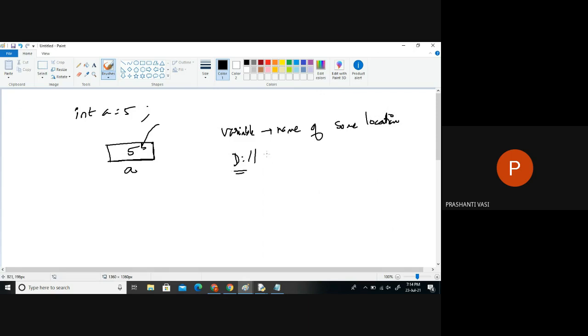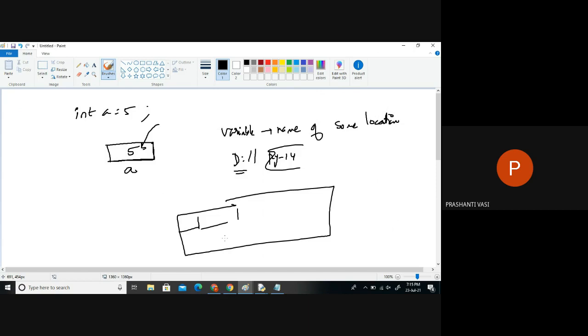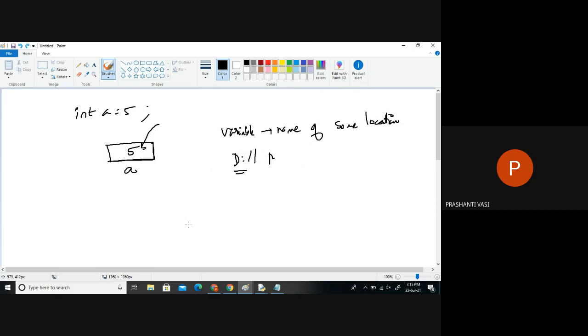In that, if I again say pi 14, we have gone to a restricted area in that D drive. The D drive memory is partitioned into different parts, and now this path is pointing to maybe this particular region. So everything is a name in computers. Whatever we do, we just have a reference to it. So variables are nothing but names of some location in the Python interpreter.